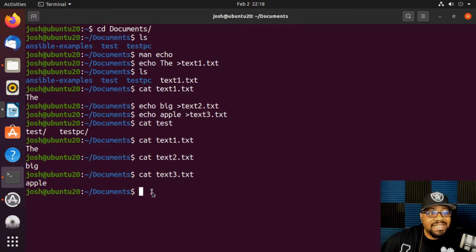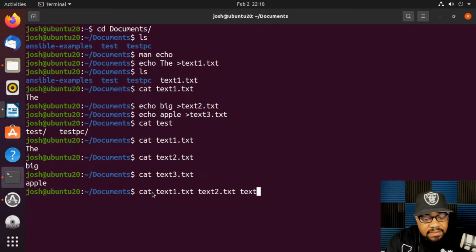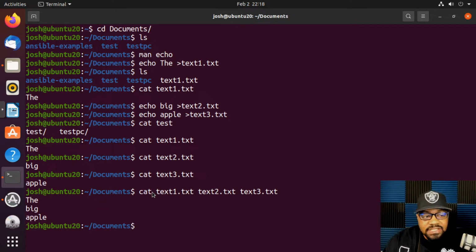Now watch this. If we run the cat command against all three of those files, we'll see all the text printed out from each one of those text files. So let's type cat, and then we could type text1, and then text2, and then text3, and press enter. As you can see, it puts it all together. So that's what concatenate means. It'll put the content of multiple files into one printout, and you can also extract it all to another file, which is a little bit more advanced, but I just wanted to show you that it is possible